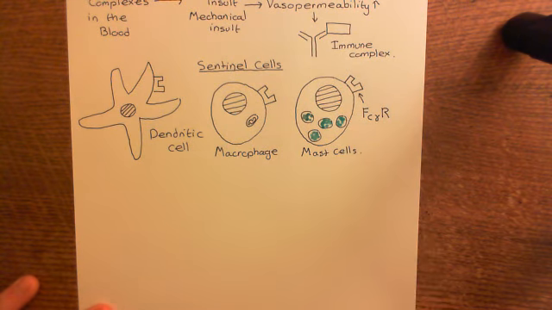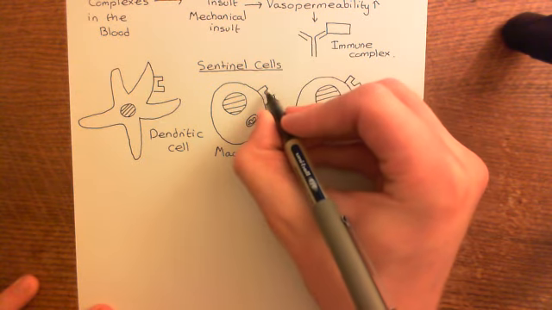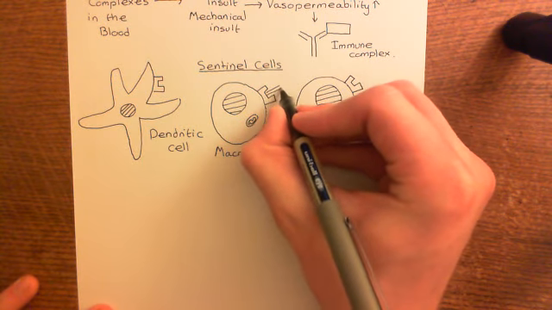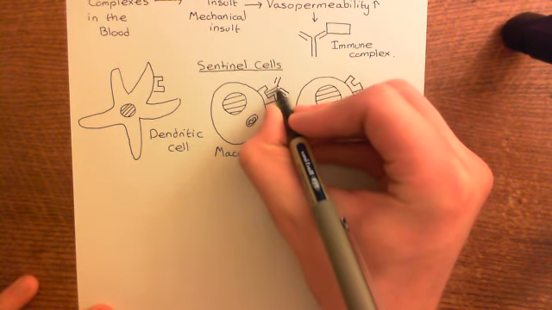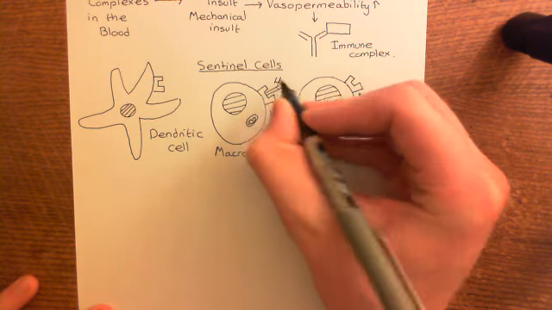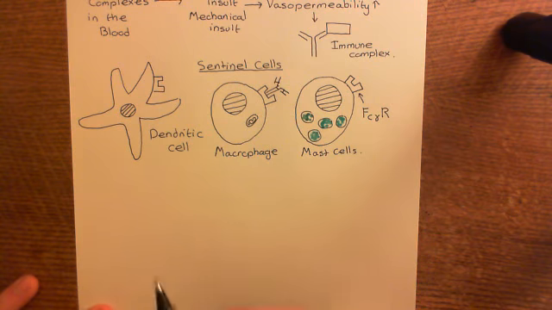Now, there are many different types of Fc gamma Rs, but we'll just keep this simple and refer to them as Fc gamma Rs. So these are receptors which will bind IgG. Now, why do these sentinel cells have receptors for IgG on their surface? Well, the idea is that you will be able to mount an IgG molecule on this Fc gamma R molecule. So here is our IgG molecule mounted,